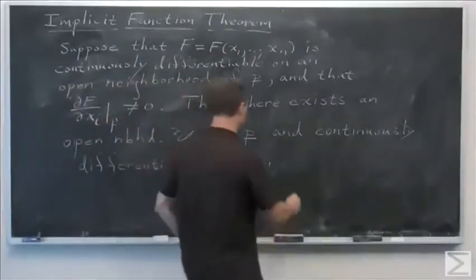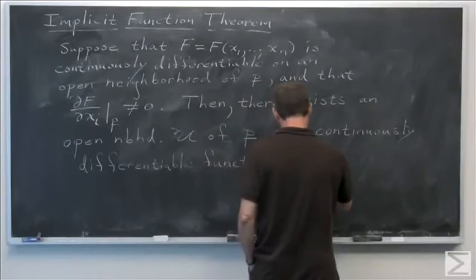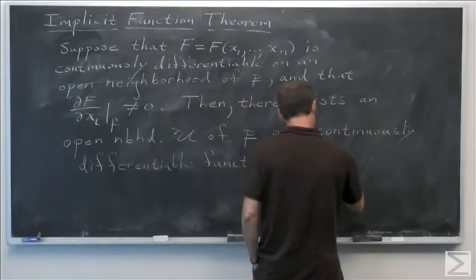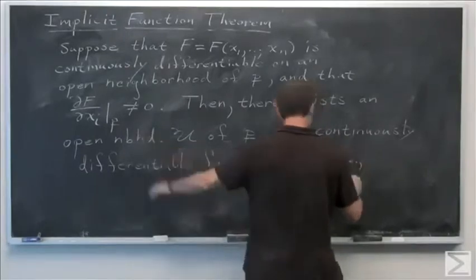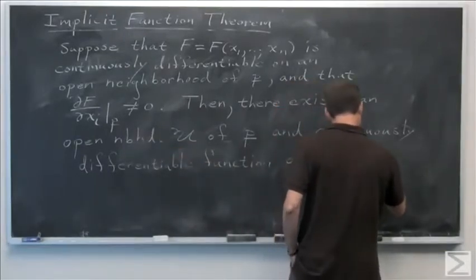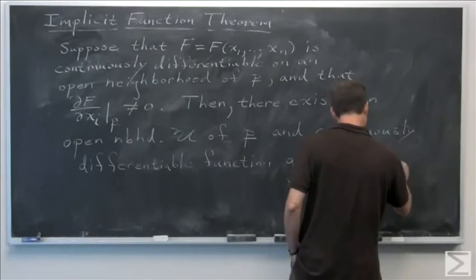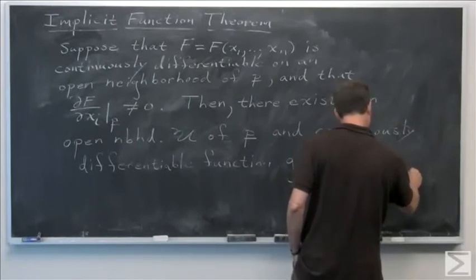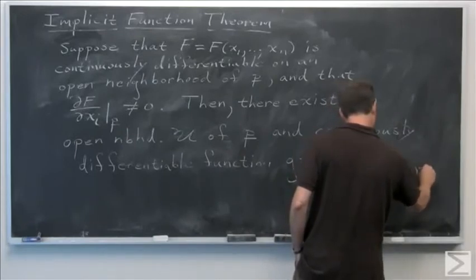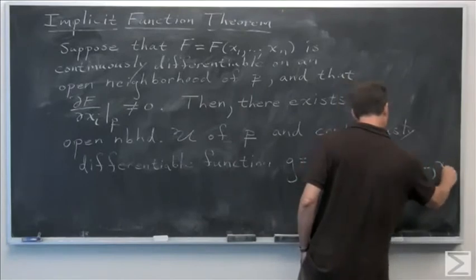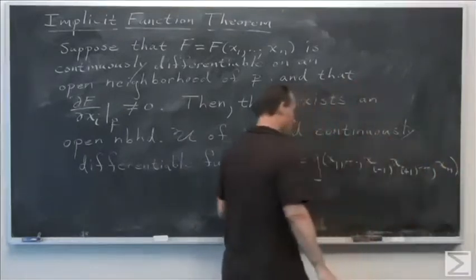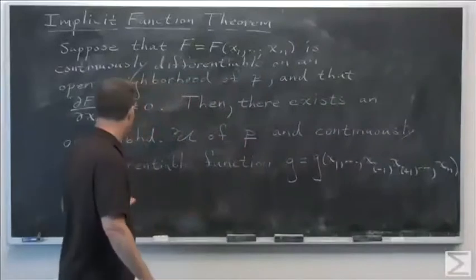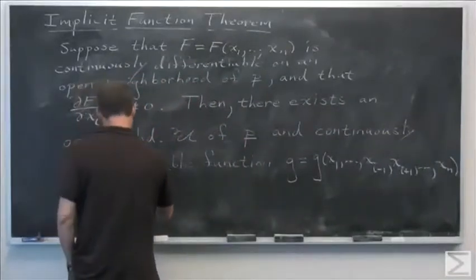It's a little hard to write. I'll write g is g of x sub 1, and then you go out to, we want to leave out x sub i, so I'll go out to x sub i minus 1, then x sub i plus 1, and then go out to xn. So the point is, it's a function of all the other variables except xi, such that